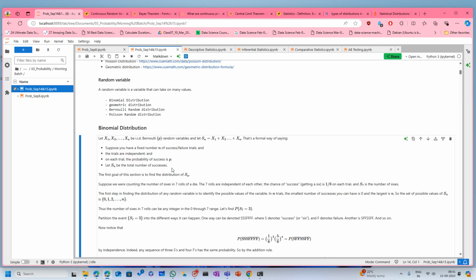You either take a coin, you toss it only once. If you toss the coin only once, that would be a Bernoulli random distribution. The end result should be independent. Either you will get head or you will get tail. It's not like first I got head and after head I will get tail, again after tail I will get head. It's not like that. So these results are independent. The trials, the experiments themselves are independent, and there are only two outcomes. That is called Bernoulli